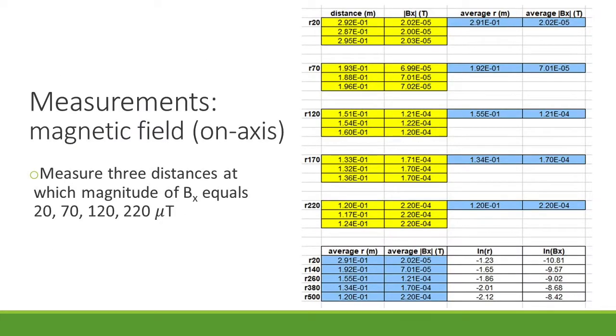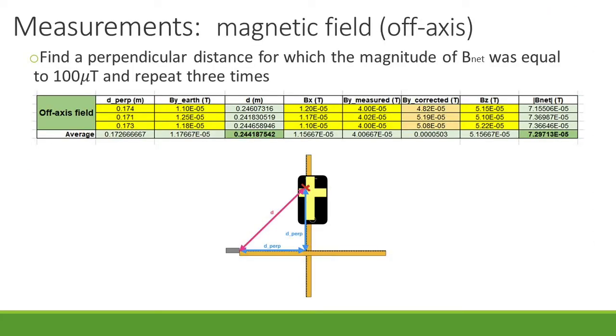I used a magnetometer smartphone app to measure the values and compensate for magnetic north. For the measurements of the magnetic field on axis from my experiment, I measured four distances at which the magnitude of Bx equals 20, 70, 120, and 220 microteslas. For the measurements of the magnetic field off axis, we found a perpendicular distance for which the magnitude of B net was equal to 100 microteslas, and then repeated this 3 times